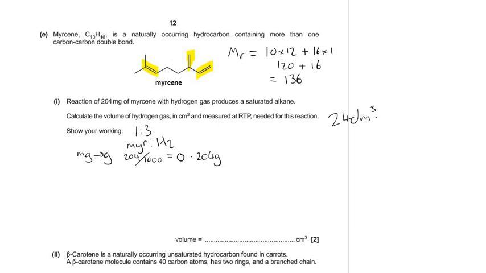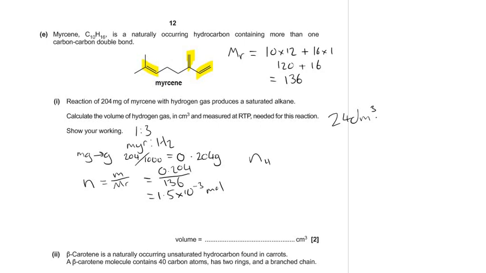So down here I'm going to say n equals m over Mr, and that therefore equals 0.204 divided by 136, and that tells me that I have a grand total of 1.5 times 10 to the minus 3 moles of myrcene. Now to work out the volume of hydrogen gas then, I'm going to need to work out